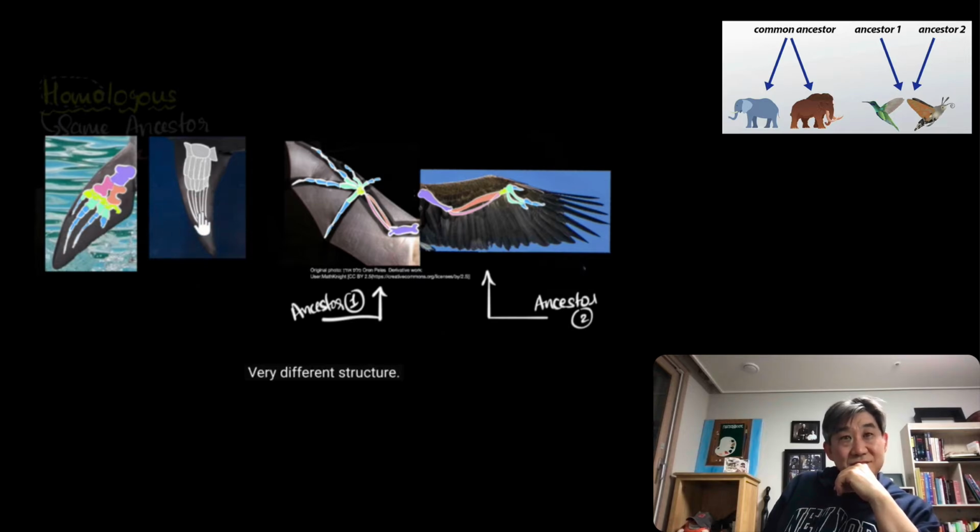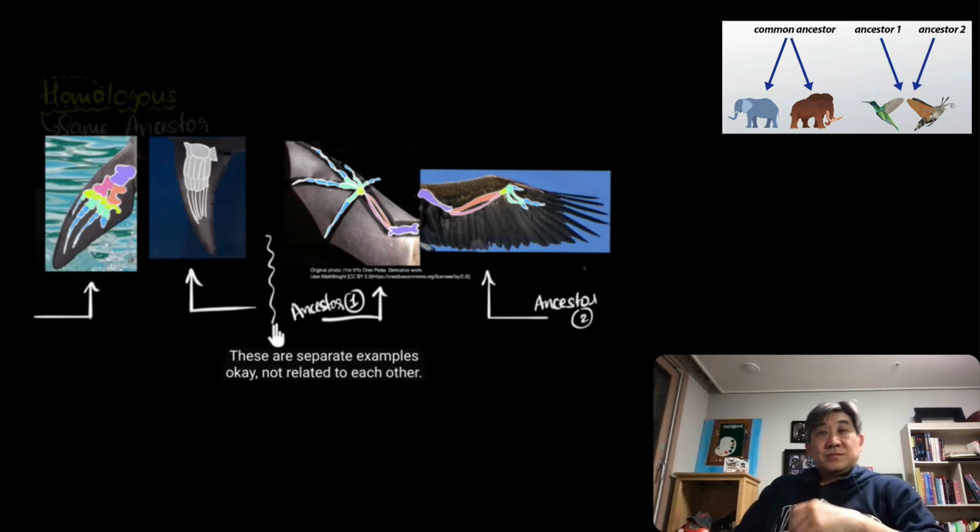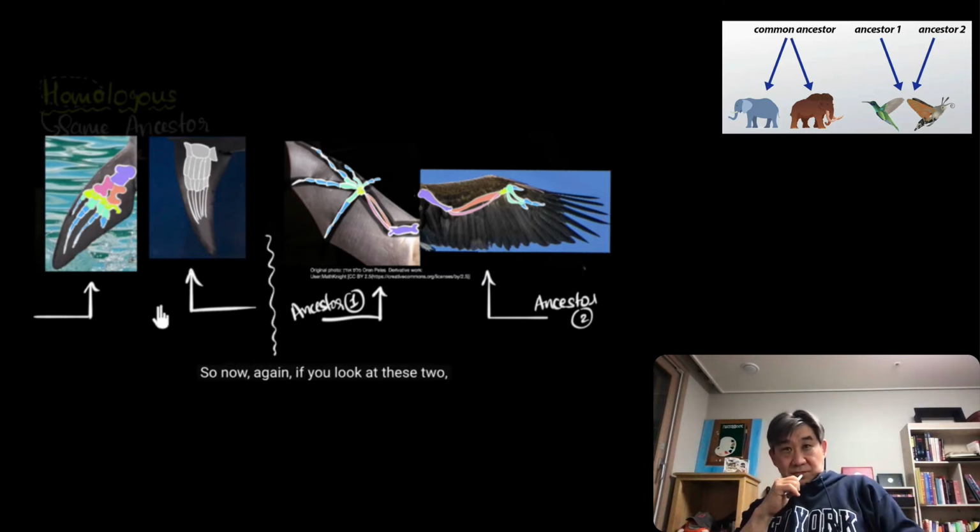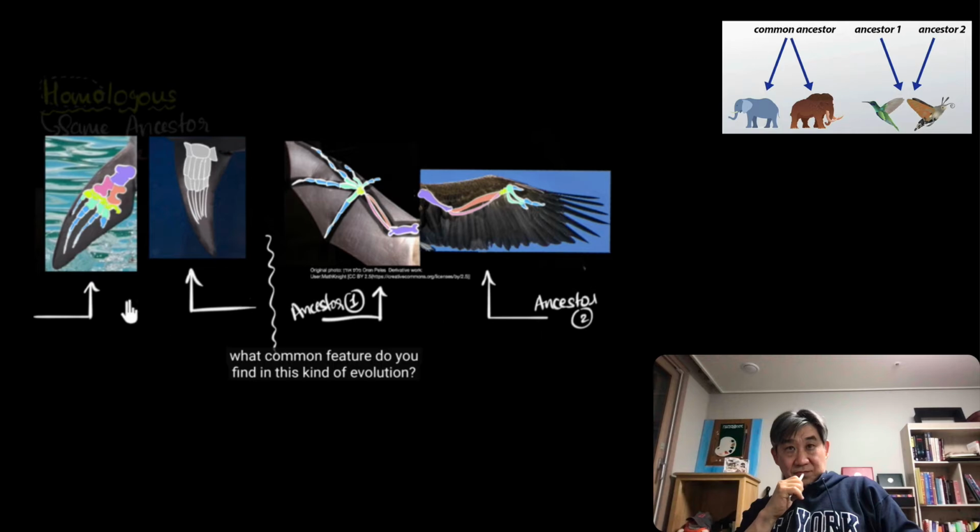Very different structure. So because they have such different structure, we can now again say, hey, they must have evolved separately from different ancestors. So this must have evolved from a different ancestor compared to this one. These are separate examples, okay, not related to each other. So now again, if you look at these two, what common feature do you find in this kind of evolution? In this, we see that structures come from different ancestry, but they perform the same functions. Such structures are